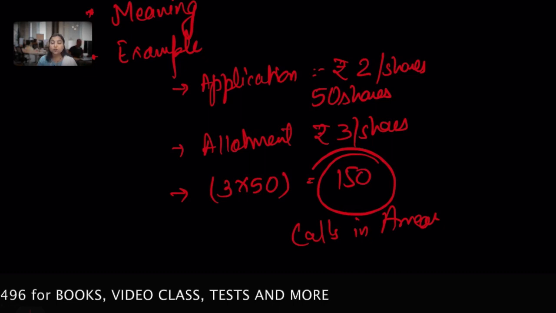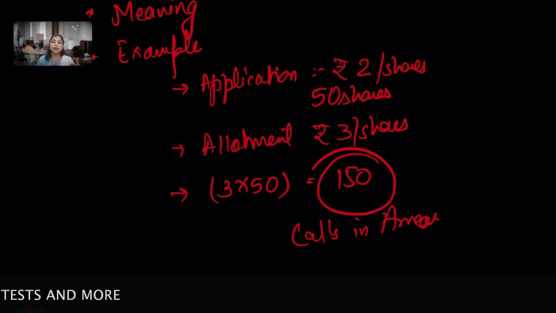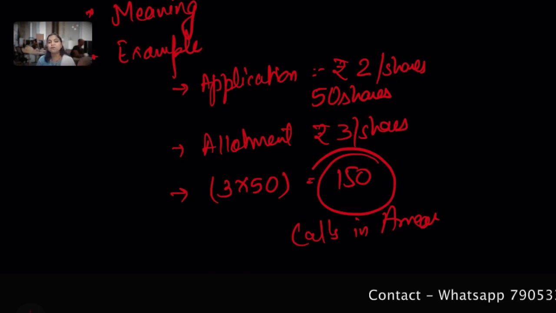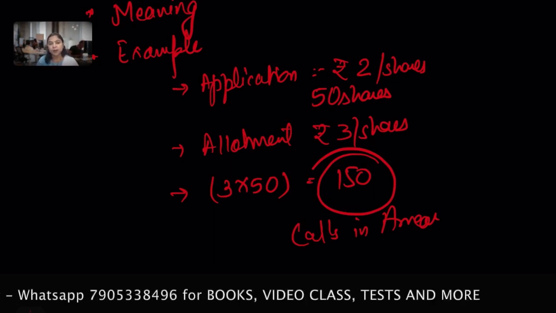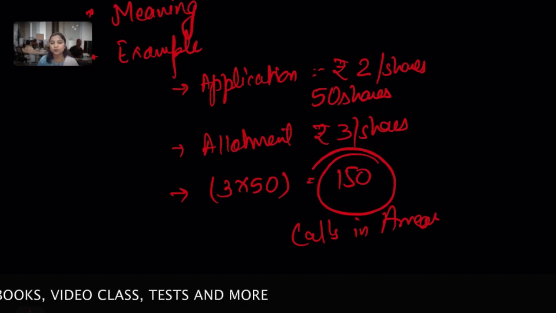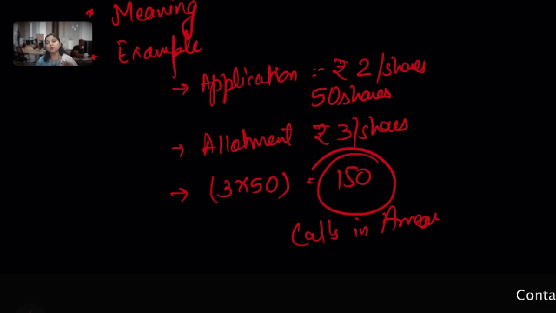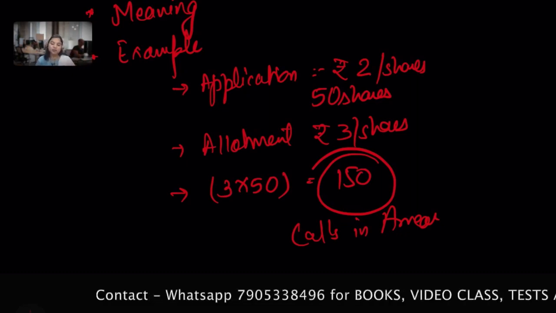We need to close the allotment, because until and unless we close it, the account keeps on being outstanding. So it is very important to close the allotment or any call in which the default is on the part of the shareholder. That needs to be closed because it is not yet received, and that amount needs to be transferred into the calls in arrear account. A separate account needs to be created. So this is the basic example.